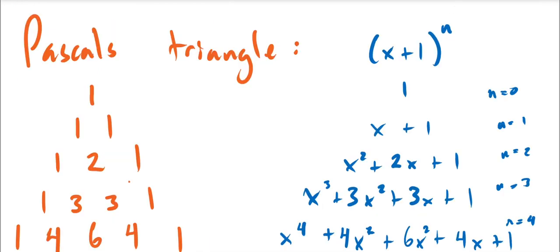To see this, all we have to do is look at Pascal's triangle versus expanding the binomial x plus 1. In Pascal's triangle, we get each next row by adding up the things which are diagonal to it above. 1 plus 1, for example, is 2. 2 plus 1 gives us this 3. 3 plus 3 gives us this 6, and so on. And it turns out that Pascal's triangle gives us the numbers, called the binomial coefficients, which tell us how many